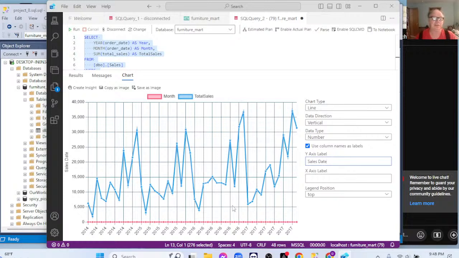You can see there seems to be a pattern here, doesn't there? Let's see. But is there an overall pattern in terms of